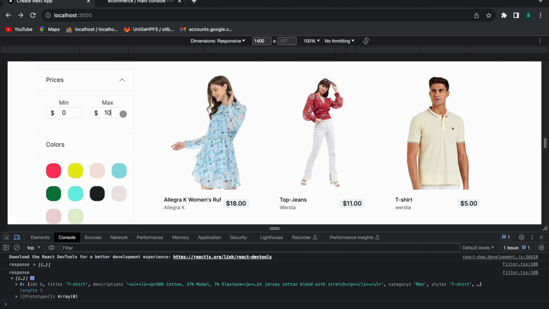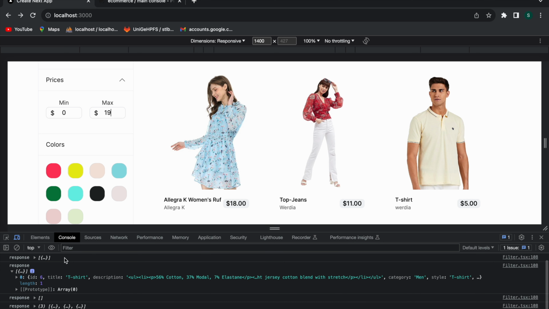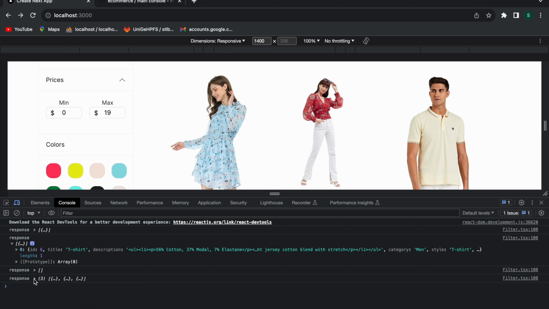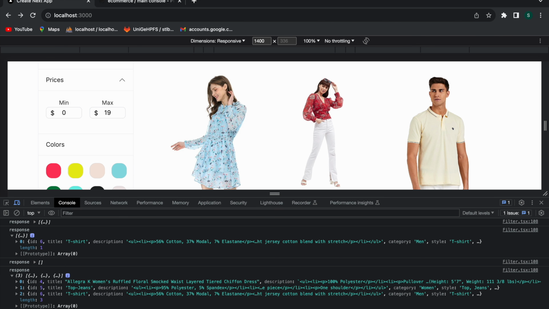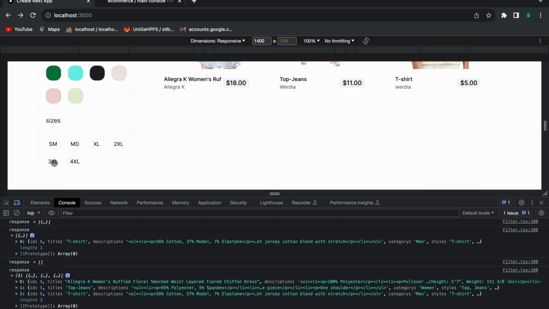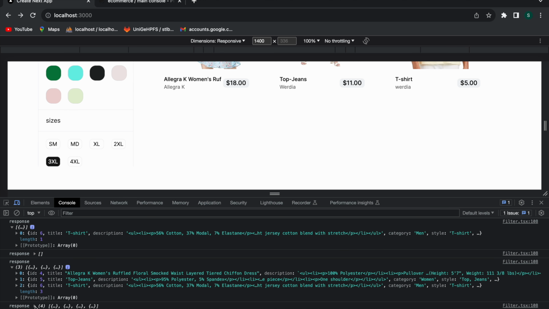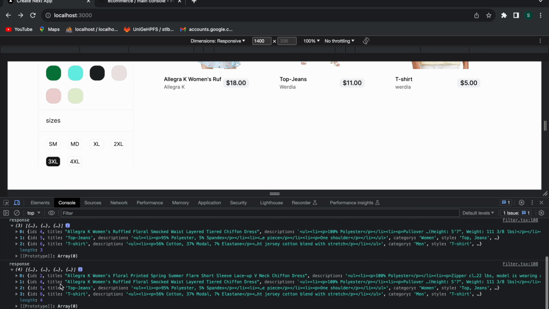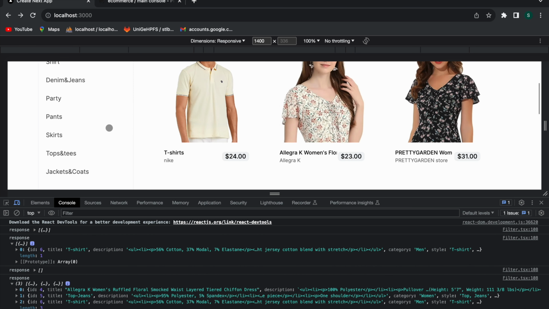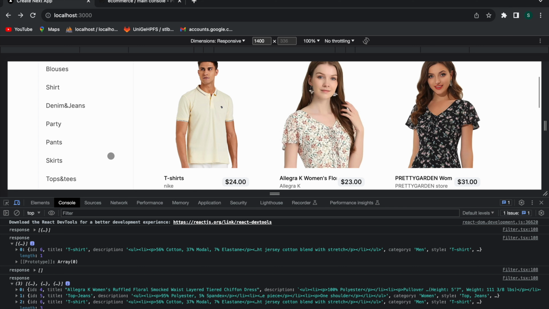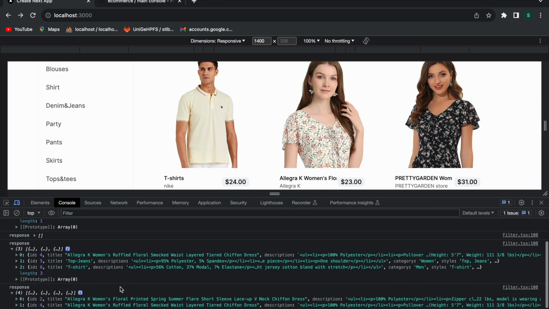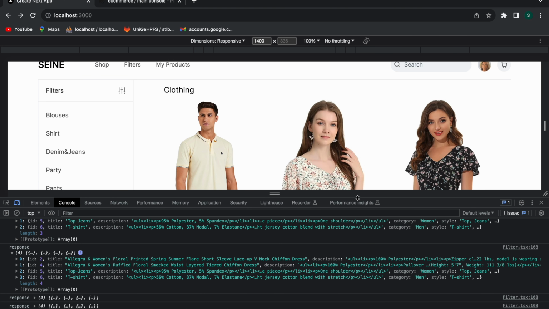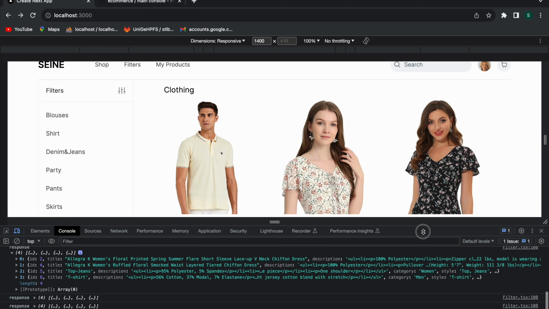Now if I change this to 19, you can see that now I got 3 responses, and now if I select the 3XL, you can see now I got 4 responses. So as we change the filter data, our response data also changes. Let's say that our filter is working.